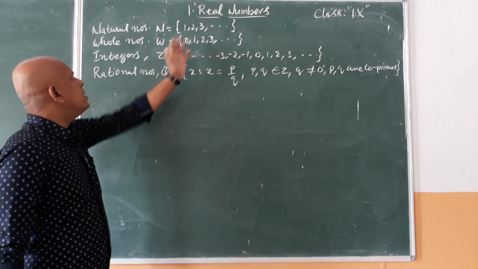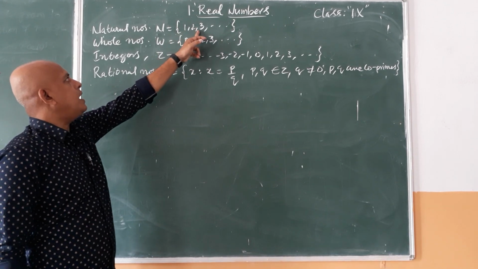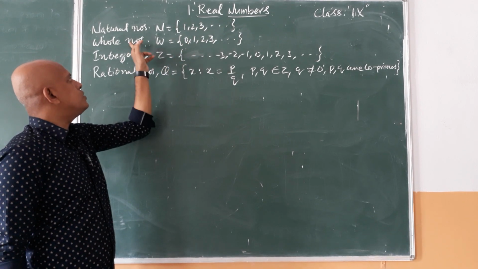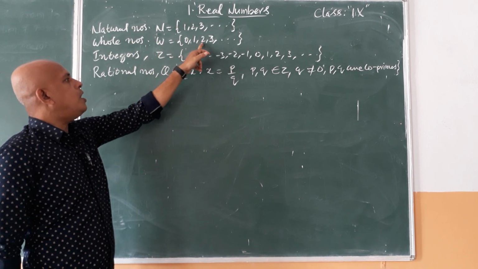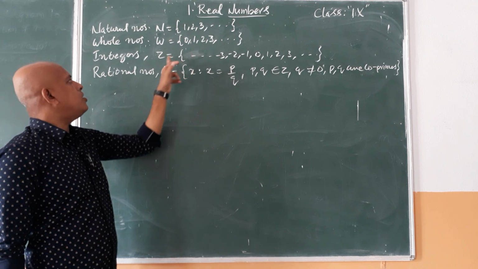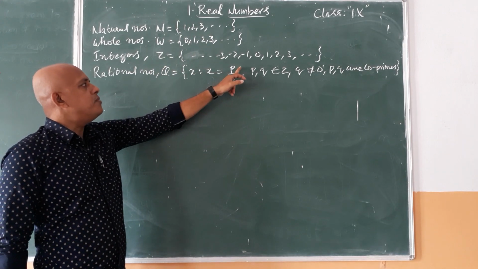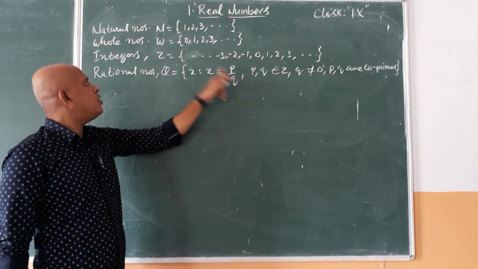So we learned about the natural numbers. Counting numbers are called natural numbers, denoted with N. Natural numbers including 0 are called whole numbers, represented with W. Whole numbers including negative numbers are called integers, represented with Z. And integers including the numbers which can be expressed in the form of p by q are called rational